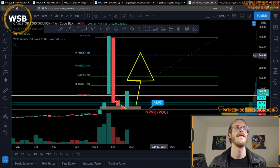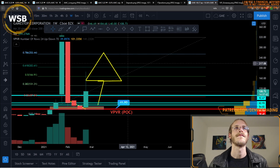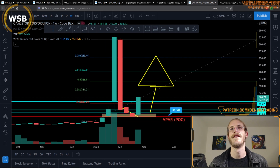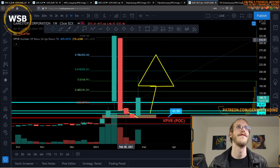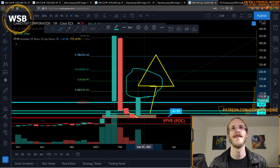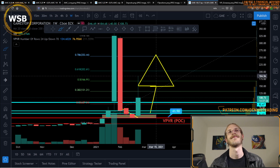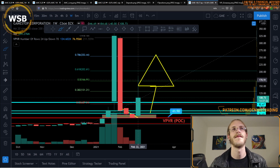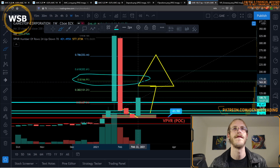Cool. Moving on to GME now. This chart is very interesting. Speaking of wicks, notice this gigantic wick on the weekly candle. It makes a lot of sense because we reached the 0.5 fib level,